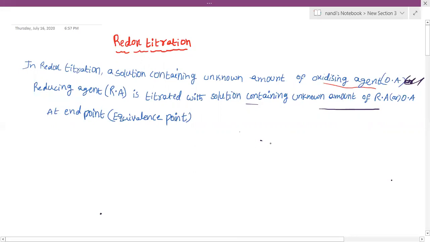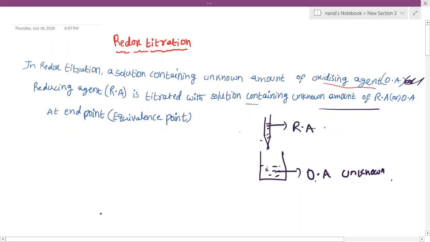Previous JEE questions also we can solve within a few minutes. How to solve by using the law of equivalence, we can see here. Here I'm taking the oxidizing agent, which is of unknown concentration or unknown amount. The known concentration I have to take is the opposite one. Oxidizing agent here means the other should be a reducing agent, and that concentration is known. Clear? By using these, I am going to find out the unknown.